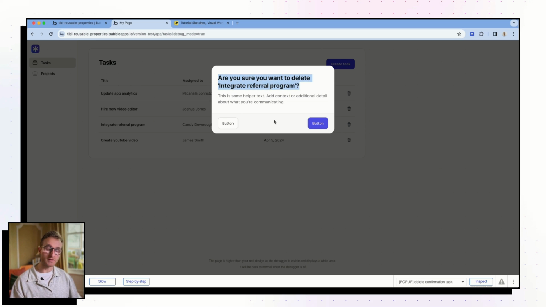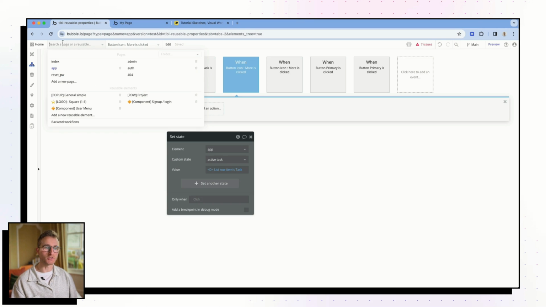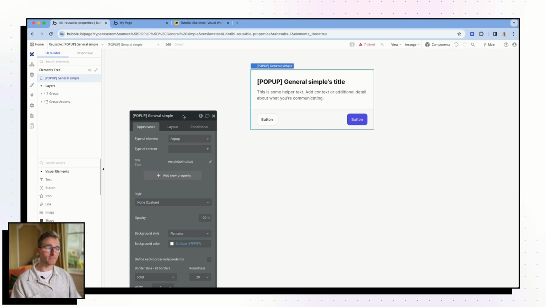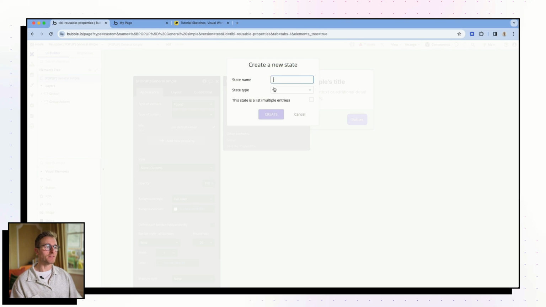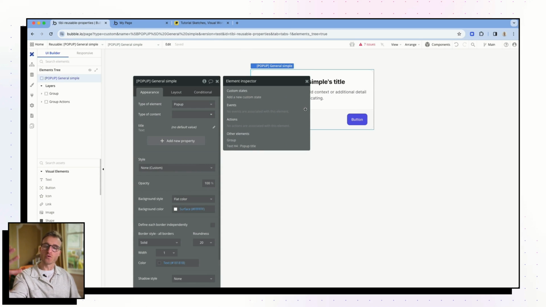Now, some of you who are more familiar with Bubble will be asking, couldn't you just set the custom state on the reusable element itself? Like every reusable element, we've got our pop-up general simple here. Every reusable element has its own custom states, right? And these can actually be set from the host page or the host reusable. Okay, so why not just set it here?